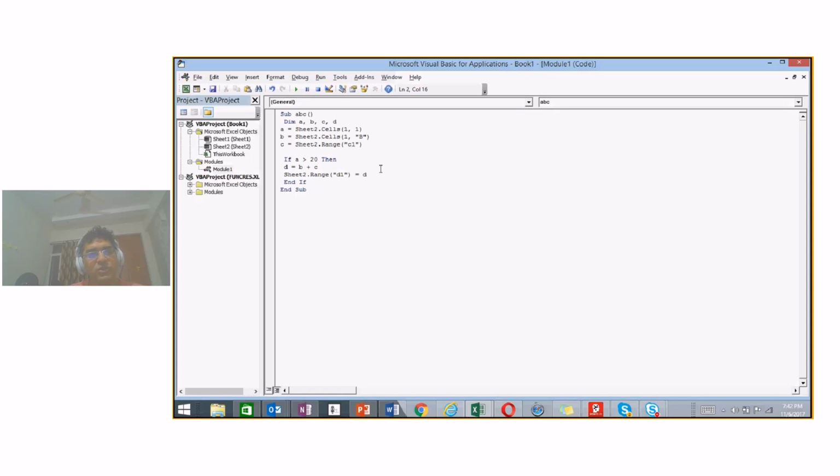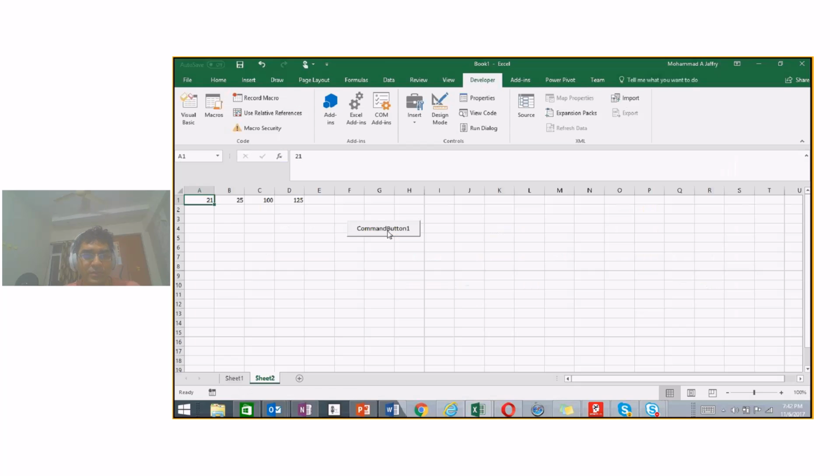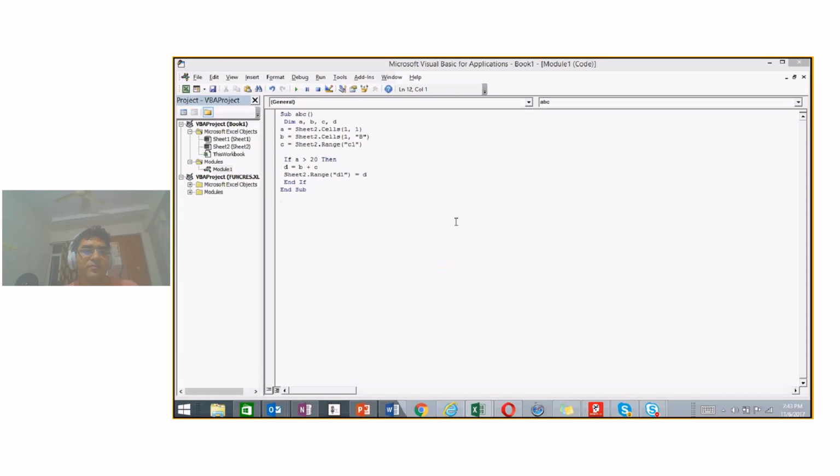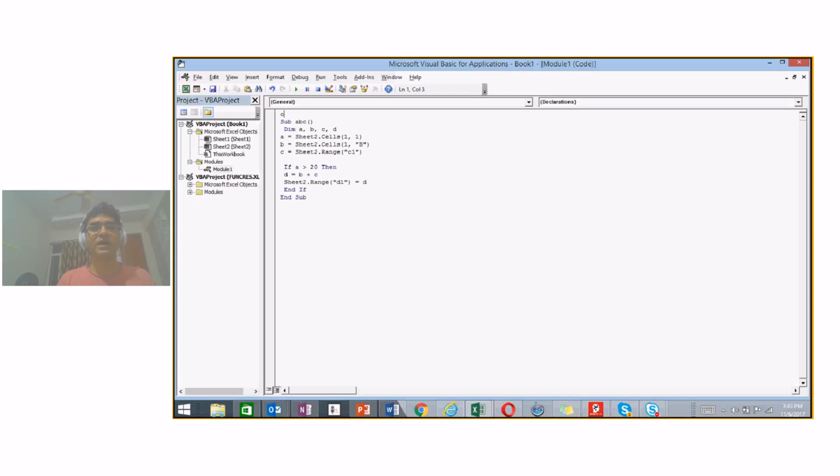While we are doing this, I want to show you something. If I do not do an assignment of the variable, what's going to happen? It still worked. But if it still worked, why do we take the trouble of assigning the variables? We take the trouble because if we do not, over a period of time we would have messed up our code, because we do not know what name we have given to a variable, and there is no parameter to check whether we are doing it correctly or not. To make sure that we are doing it correctly, we use something called Option